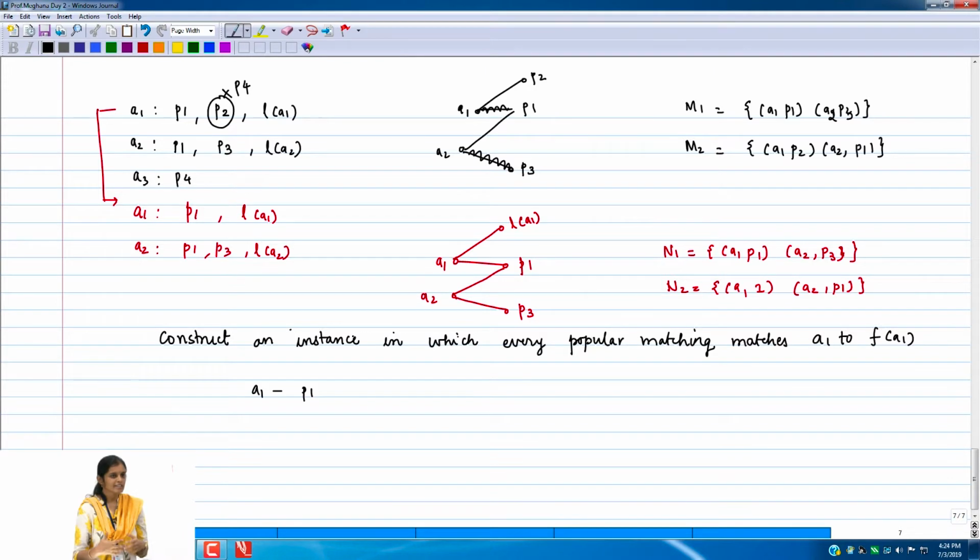So that's what I'm saying. Currently, let's not think about changing and so on. We are just saying that is there any instance in which there are 2 applicants who want P1 as their first choice, but because of the way the preferences of the other people are, it is forced that A1 must be assigned to P1, right? First of all, is there such an instance? If there is such an instance, then we will ask, can we modify our preferences so that our instance mimics those properties and so on? Right now, don't consider the question of cheating. While that is the main goal, right now let's allow ourselves to set up the preferences of everybody.